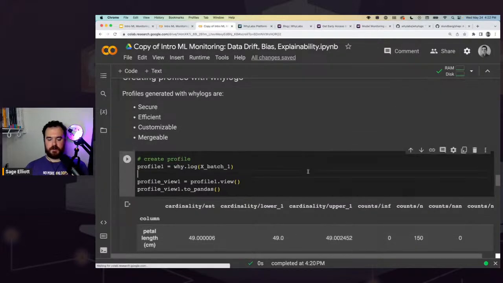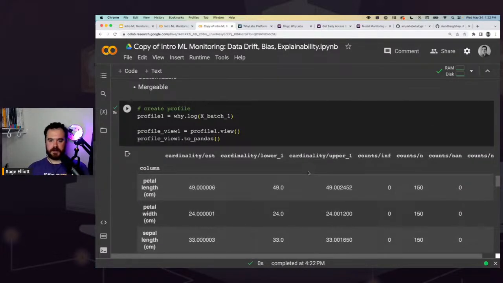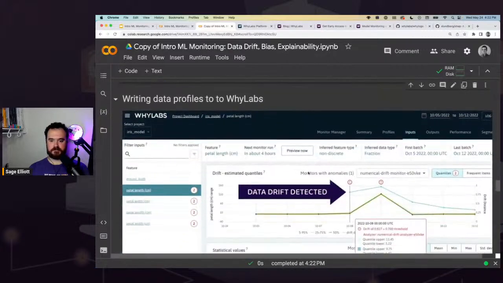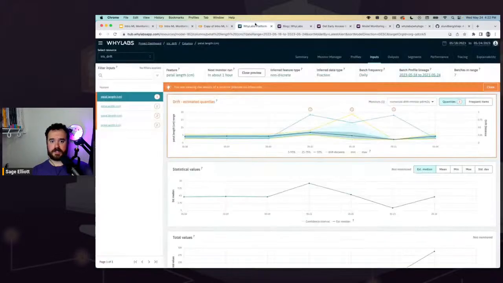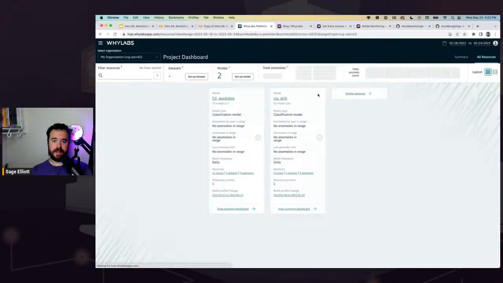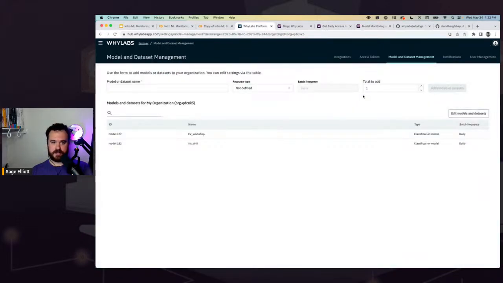So in this case, again, it's flowers in state, but it could be something much more serious in production. So again, we're going to create a profile. We already saw what our profile looks like. It's very similar to before. And then just one thing. If you already followed along, all you need to do is create a new model and put in that one new model ID. If you just got here and you were able to catch up somehow already, you could uncomment these and put in your org ID and API key. But I'm just going to go ahead and get a new model ID because we already set our API key and org ID a little bit earlier. So I'm going to go back to YLabs. I'm going to create a new project, and I'll call this iris segment.